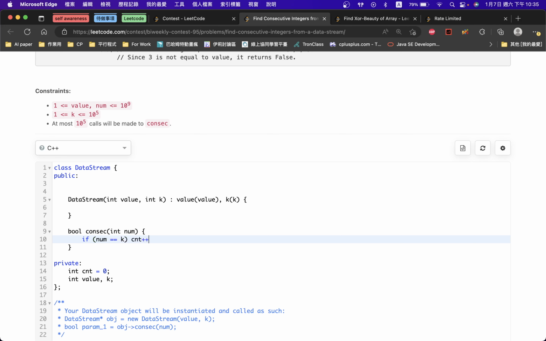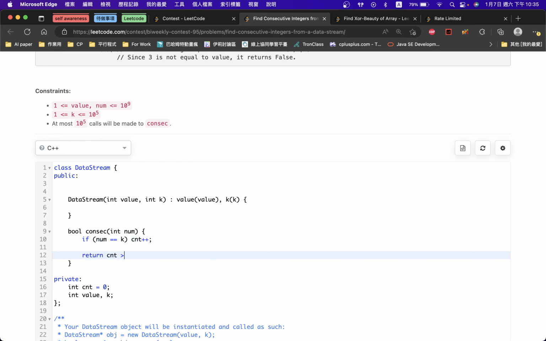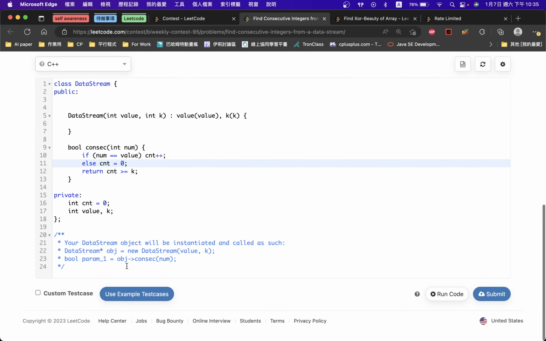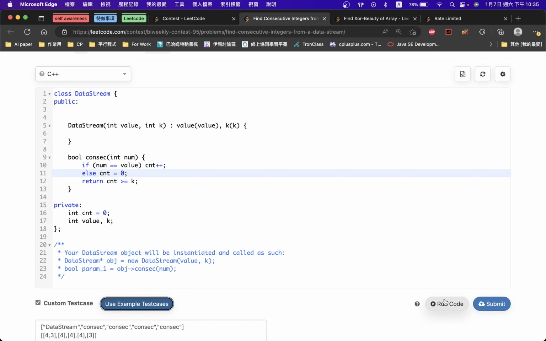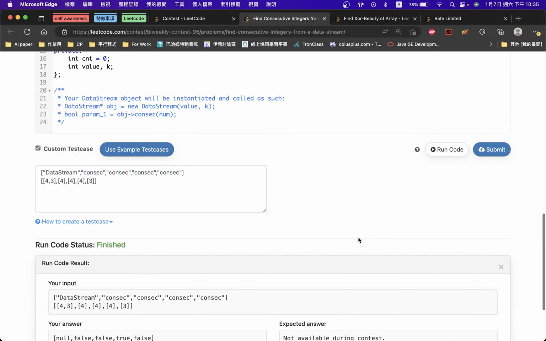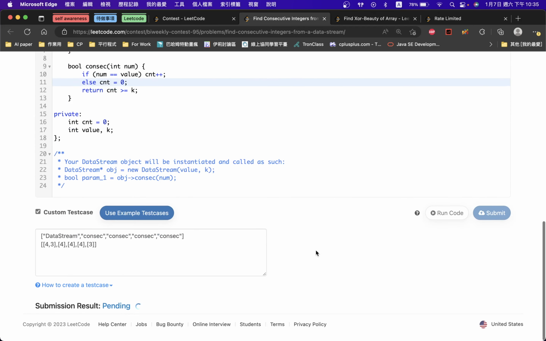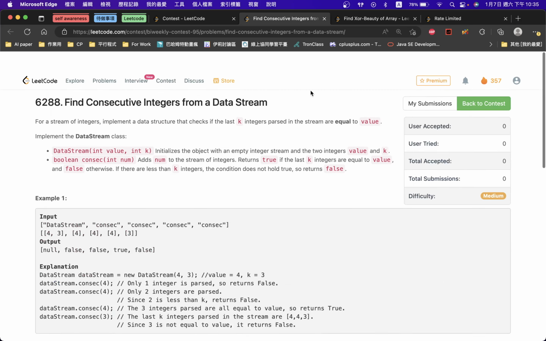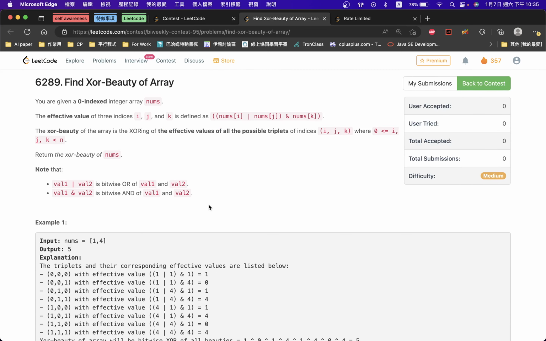Let's say the count starts at 1. If the count is greater than or equal to the k value, return true. Otherwise, say the count is equal to 0. So false, false, true, false. That's the consecutive check. And about problem 3, you are given a 0-indexed array nums, and the effective value of a triple of indices is defined as